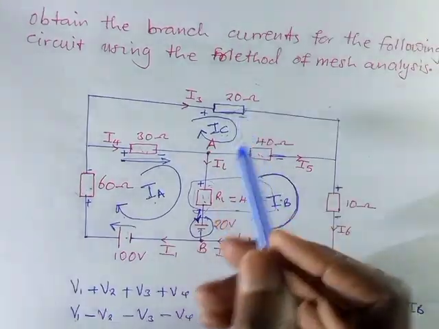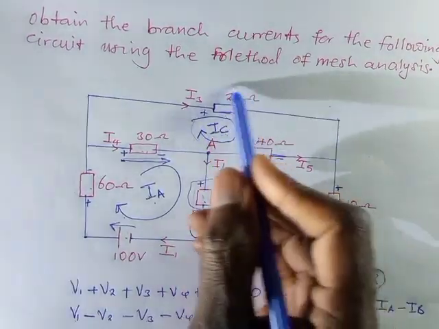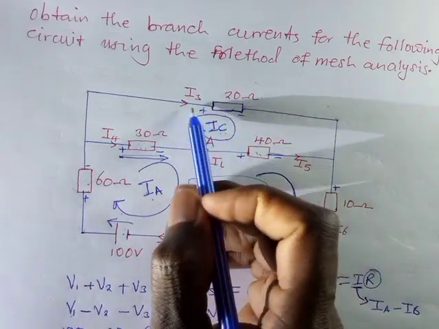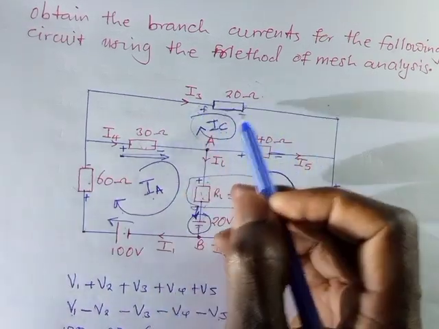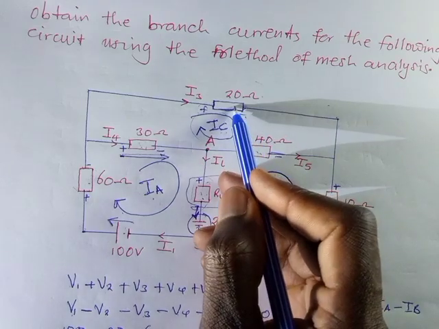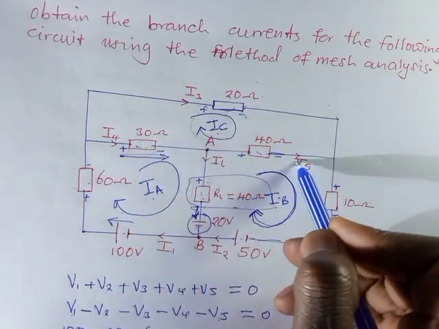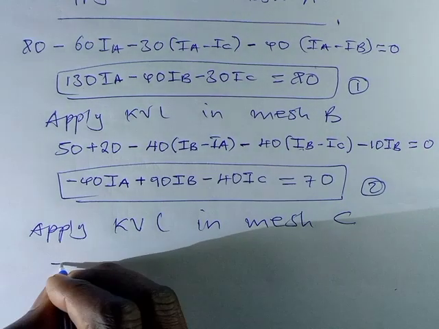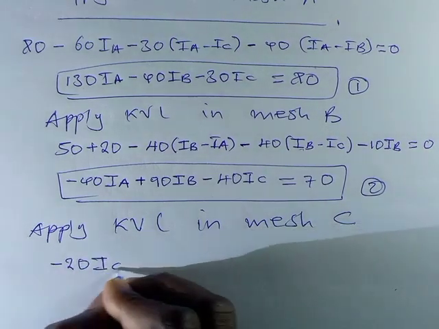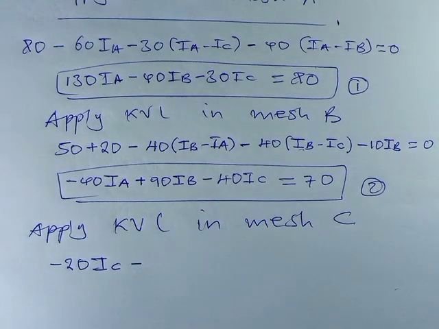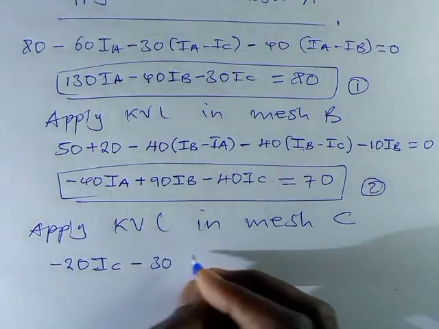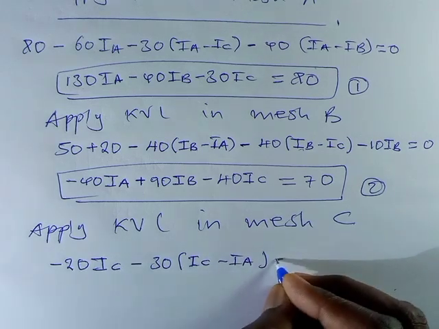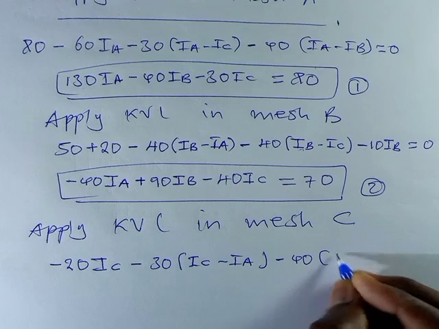Like for this one, since we are using this, the current or the voltage on this has to be negative, because it's more like we are dropping in the voltage, encountering the positive terminal first, coming to this. So this has to be negative 20 IC. Then you come to the remaining ones. Okay, so we're going to have negative 20 IC minus 30 (IC minus IA) minus 40 IC